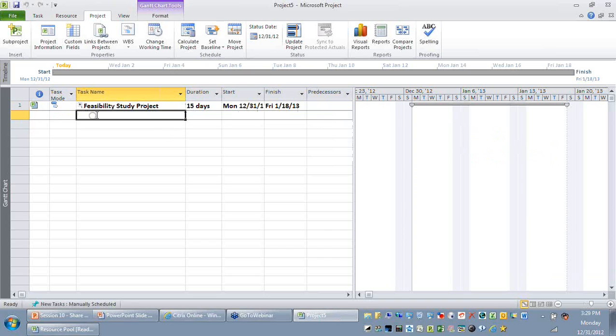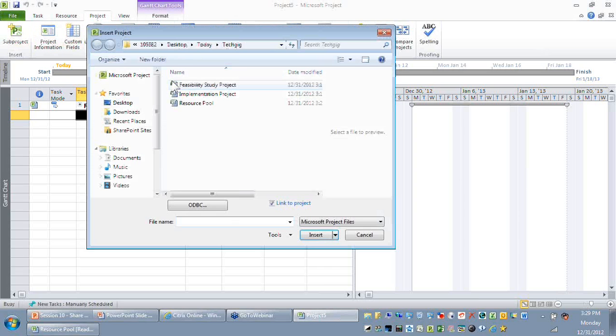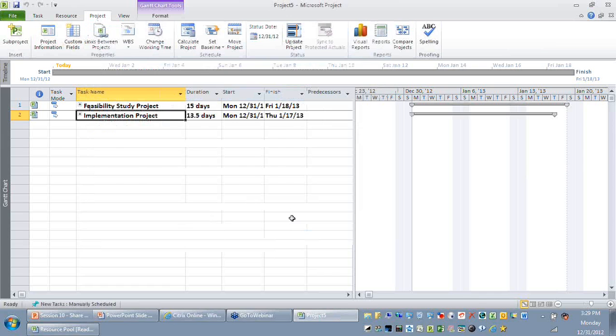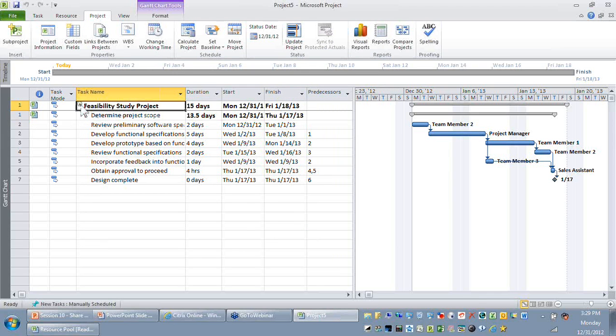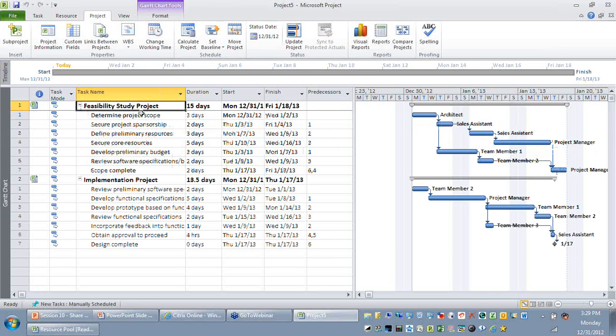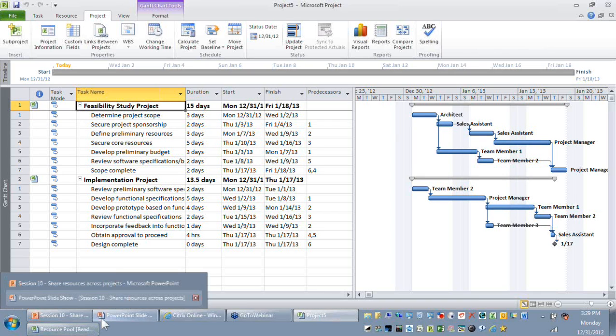So the second project I'm going to insert is the implementation project. Let me say implementation. You can see that the other project is also opened. Now these are the two projects that are coming under this program. So the benefit you have is you will be able to see how these resources are shared across multiple projects. You will also be able to use this resource pool to see whether the resources are optimized and shared to the maximum